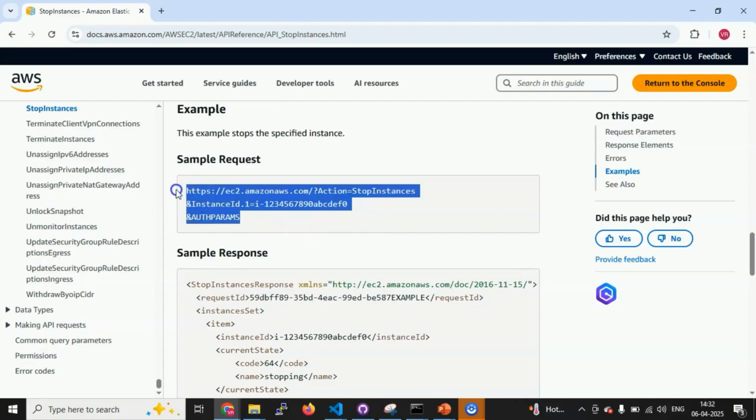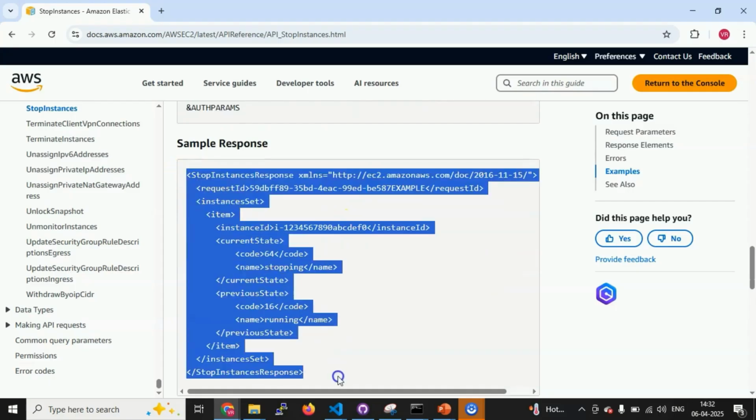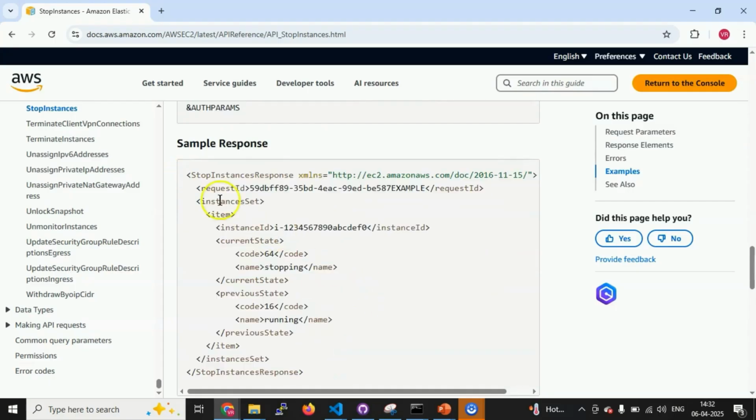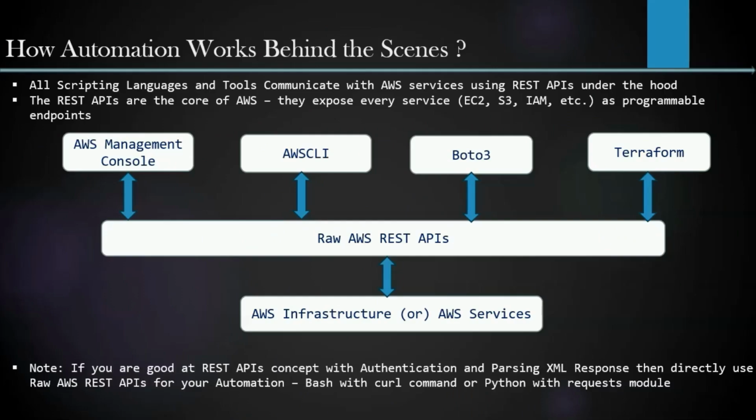After executing this, you will get a response. That response is in the form of XML. Be clear, it is not in the form of JSON. It is in the form of XML. So if you are good at REST API concepts with authentication and parsing XML responses, then directly use raw AWS REST APIs for your automation, like Bash shell scripting with the curl command, Python scripting with the requests module, or any other scripting language, and in that, you decide how to invoke your REST APIs. But